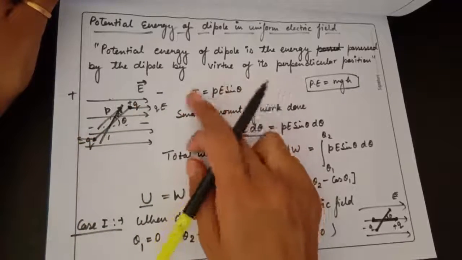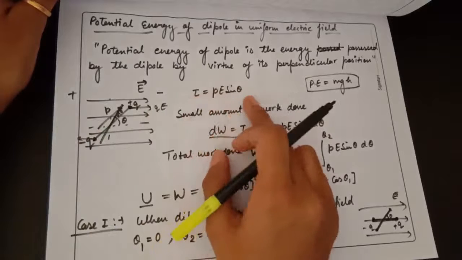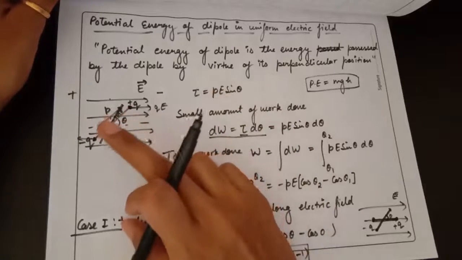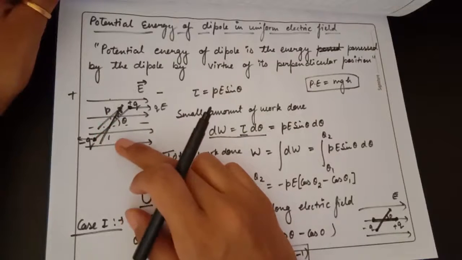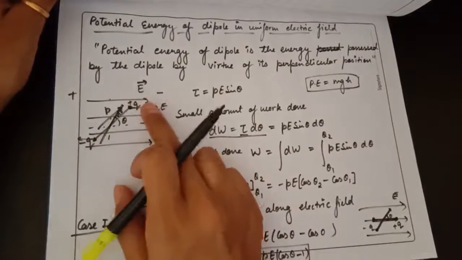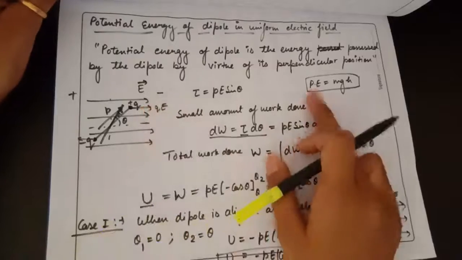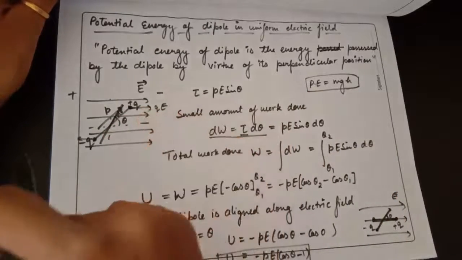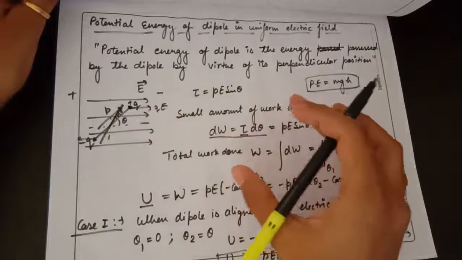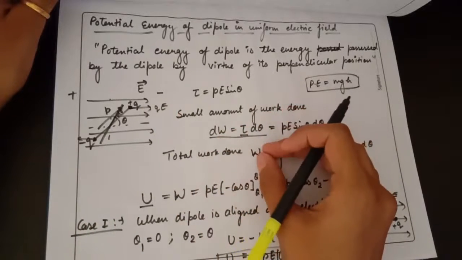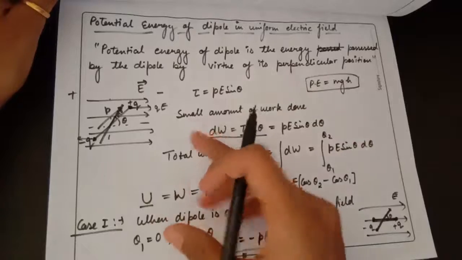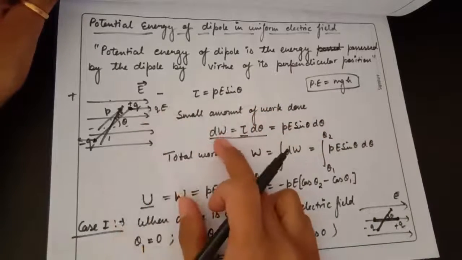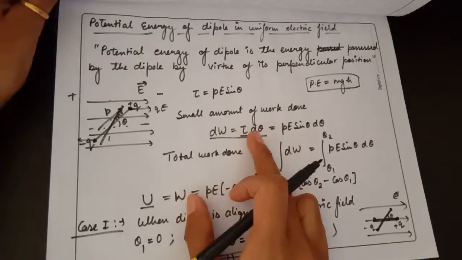In the previous lectures I have already calculated the torque which acts on the dipole to rotate it, and its value is tau equals p E sin theta, where p is your dipole moment, and you know the direction of the dipole moment is from minus q to plus q. So here we will calculate the potential energy of the dipole. As you know, the work done is stored as potential energy. So I will write dW as tau d theta here,